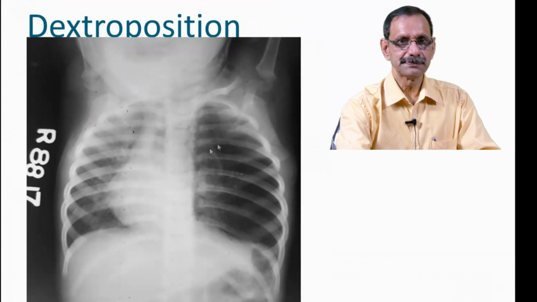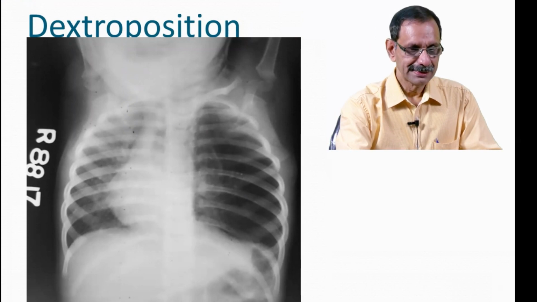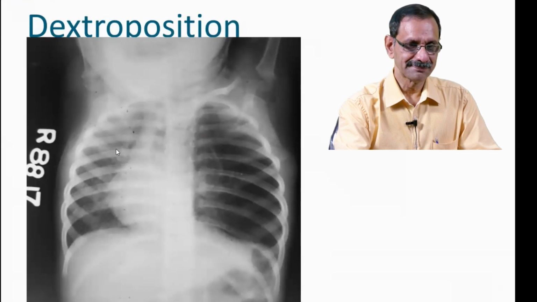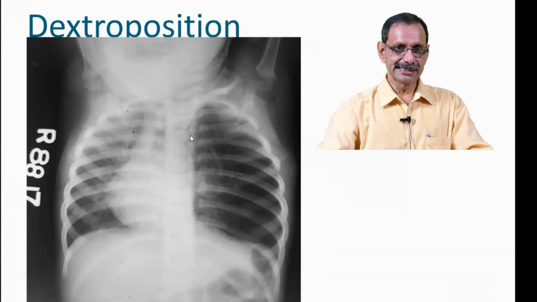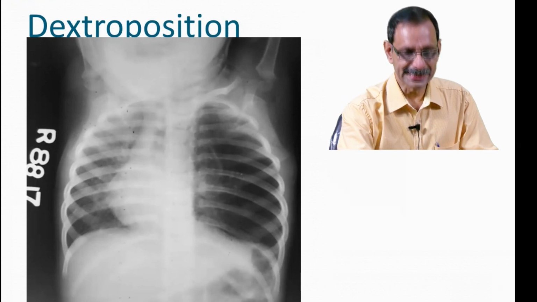So this is possibly a congenital lobar emphysema that is pushing the heart to the other side. So in spite of the heart shape being almost like a normal left-sided border of the heart, it is still dextroposition. Whether it is dextroposition or dextrocardia depends on whether there is something to push the heart to the other side or not. Hope it's clear.